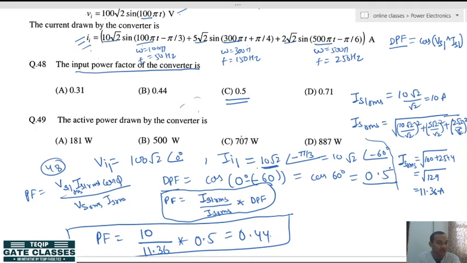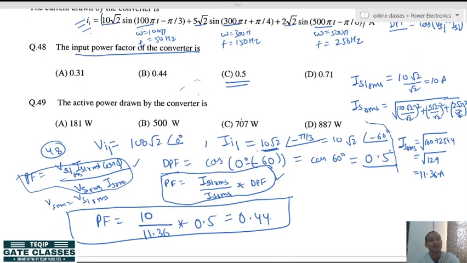All right. Here you would see in the upper expression I have written Vs1 RMS and in the lower I have written Vs RMS. Why? In general the voltage may also be non-sinusoidal. But here, since the voltage is sinusoidal, in this case Vs RMS is equal to Vs1 RMS. But if you go to inverter circuits, both voltage and current are non-sinusoidal. So in that case you have to apply this formula, not the second one. In case of inverters, you have to apply this formula. In case of rectifiers, we can apply either formula. Both are correct.